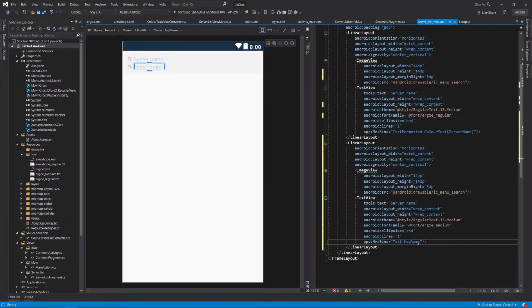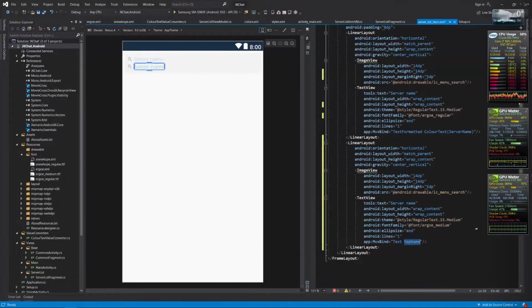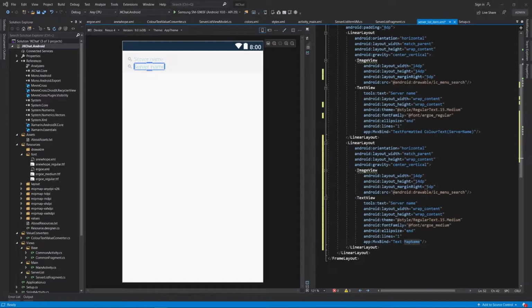Actually it's not map name, it's map file name, because map names have colors, but map name is not sent by server. Server only sends map file name, so users can load maps. So we actually don't know what name that map has. So let's see what's